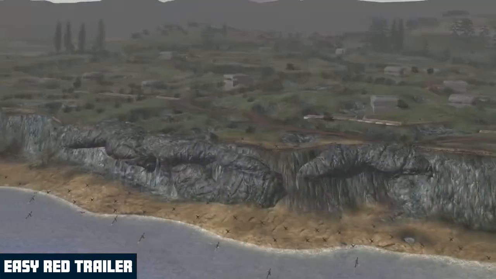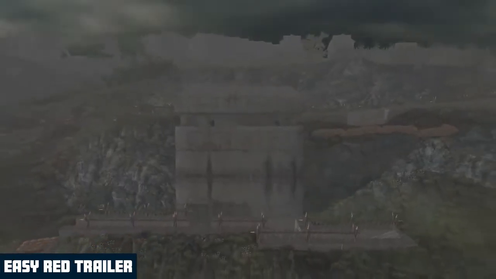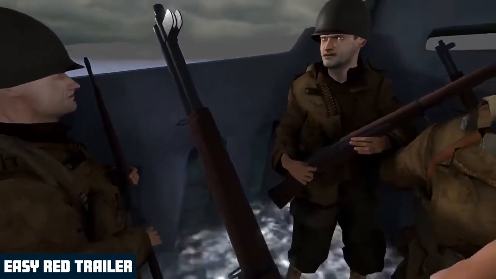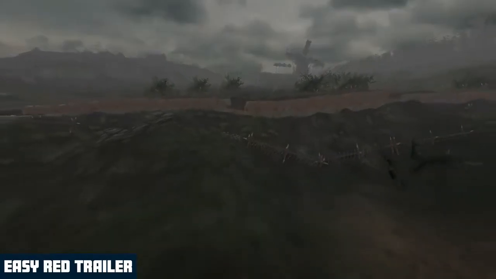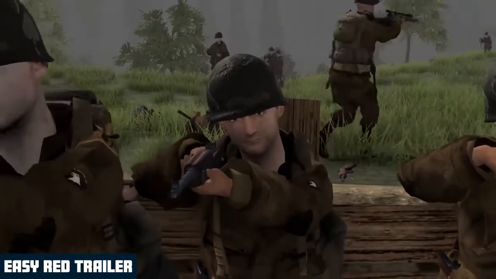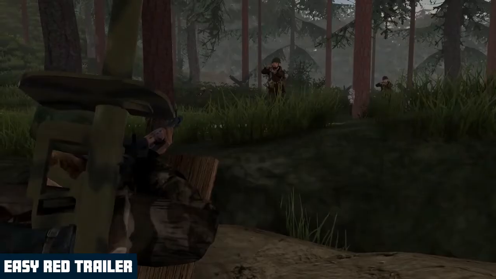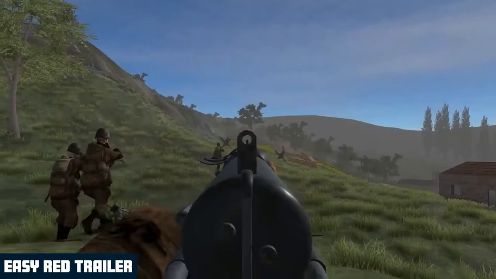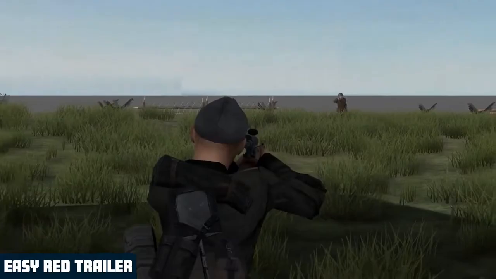EasyRed 2 is basically the proper way to make what I couldn't do back then, because even if I had the skill to make that first EasyRed, it wasn't really what I wanted to make. But it was fine for back then. I was still in high school, so it was a pretty good result to me. So yeah, I did this game. I presented it also as my final exam project for my school. They loved it, of course, and that encouraged me a lot to go ahead and publish the game on Steam.